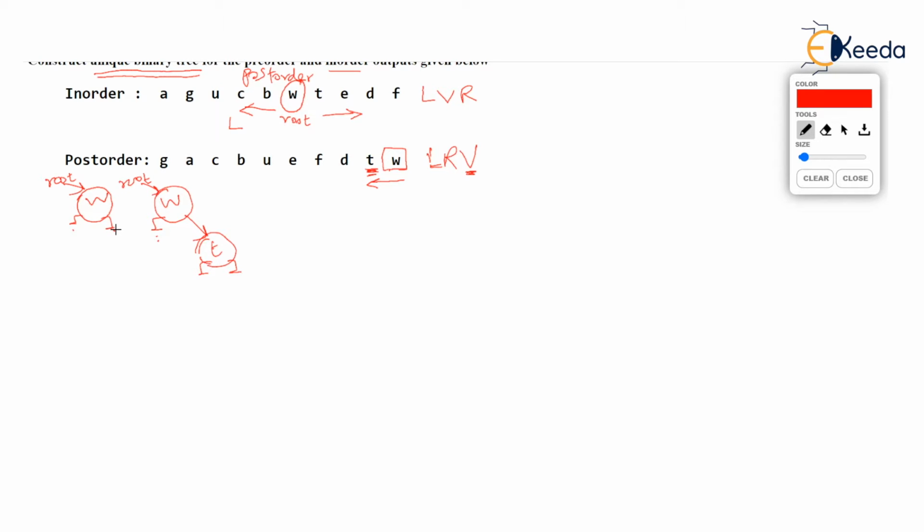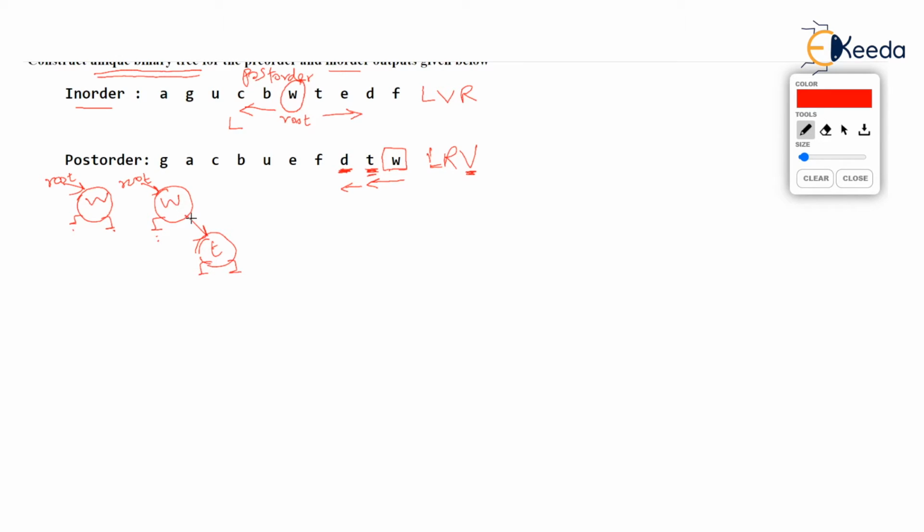Okay, let's come back by one position and let's take D now from post order. Let's see where D should get added. Start from root of in-order. This is the in-order traversal we are checking now. What are we adding, by the way? D. The new value is D. Where is D with respect to root? It is to the right. D must go to the right of W.